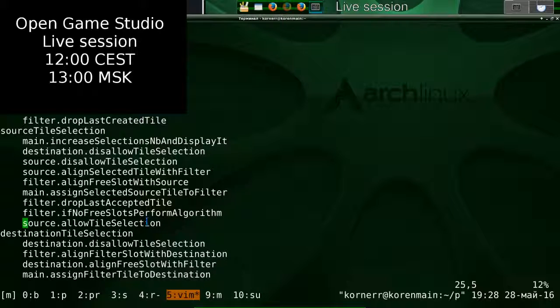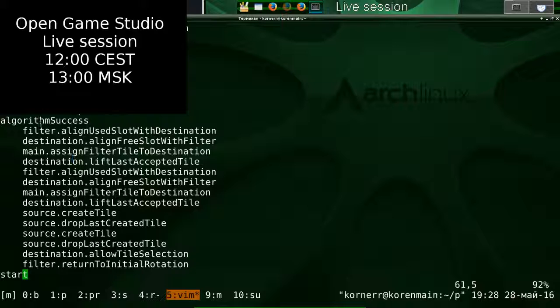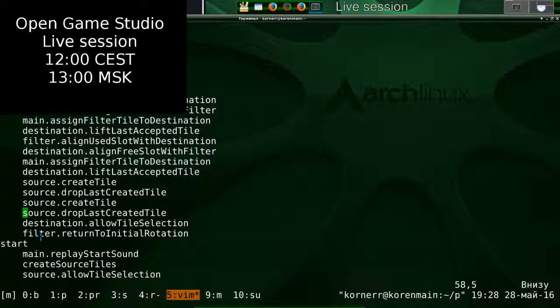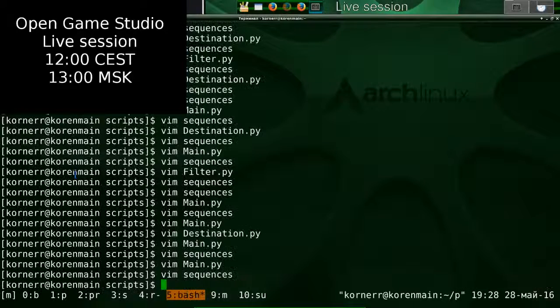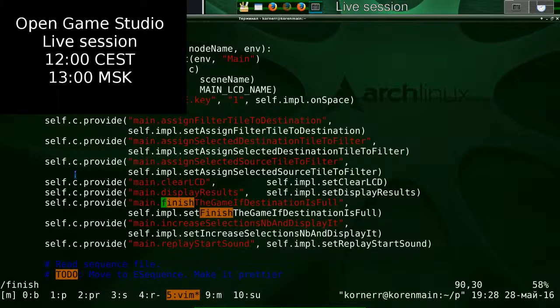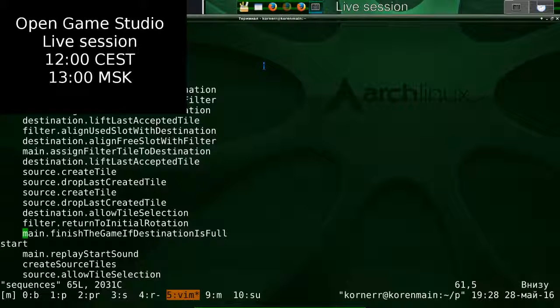After each successful match, right after everything has been rotated and moved, we should do that here. So we do main finish the game if destination is full. Finish,